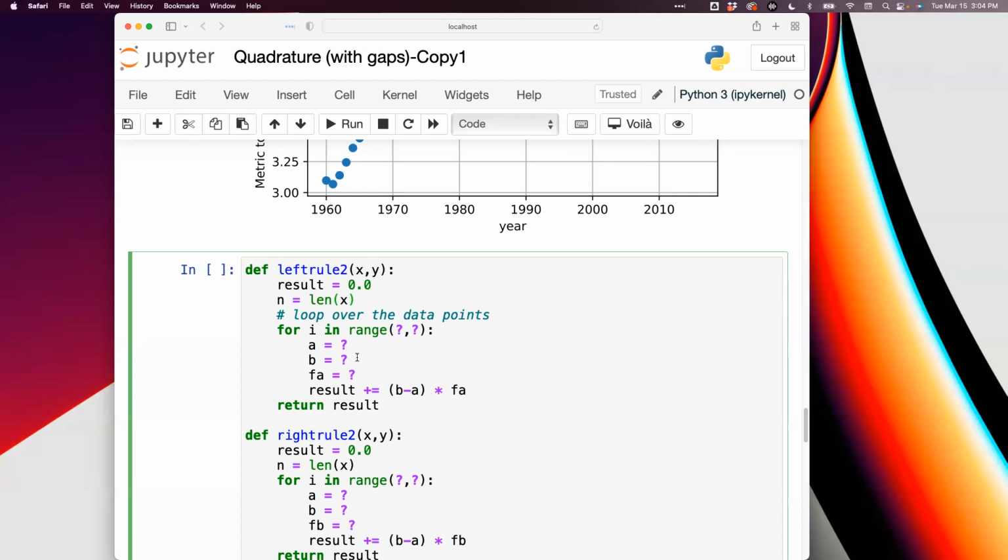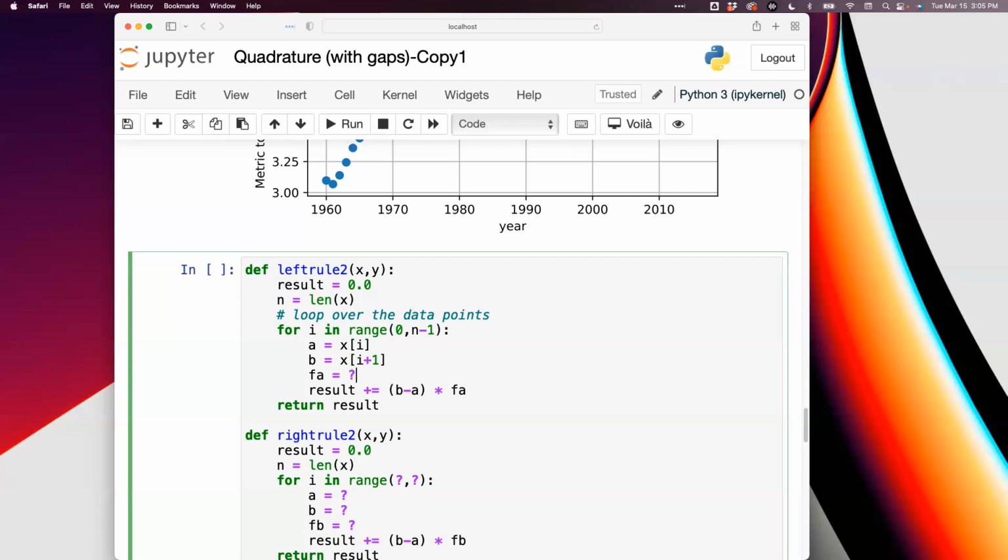Okay, but your range function goes to the end point minus 1, right? So you're going to n minus 2, but you're starting from 0. So it's n minus 1 intervals, right? If we started our range from 1, we would go to n. Okay, so that's correct. So we go from 0 to n minus 1, and that's really it. Your a is simply xi. Your b is xi plus 1. Your f of